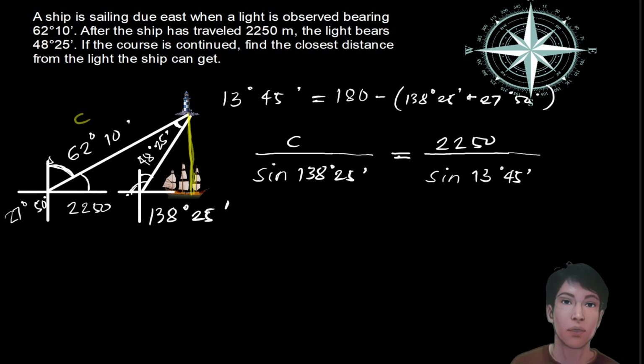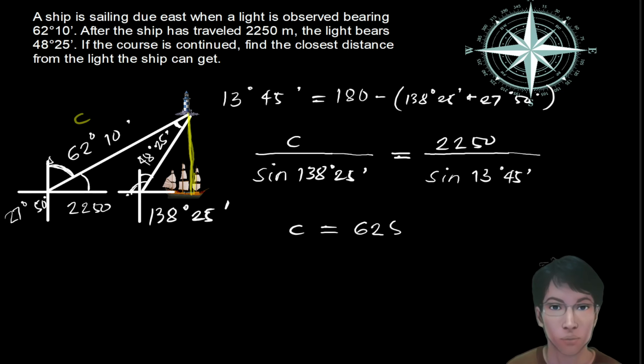So again, C is this one, and this one is 250, and the opposite angle is 13 degrees 45 minutes, so sine 13 degrees 45 minutes. C is 6282.846628